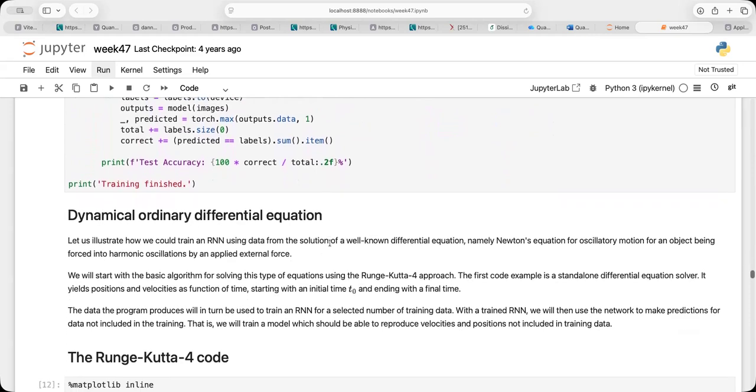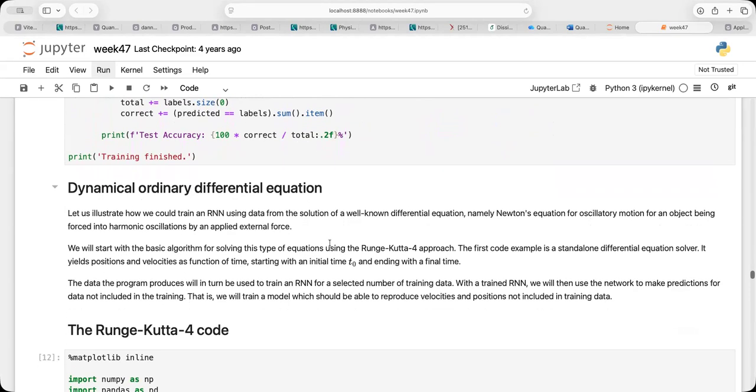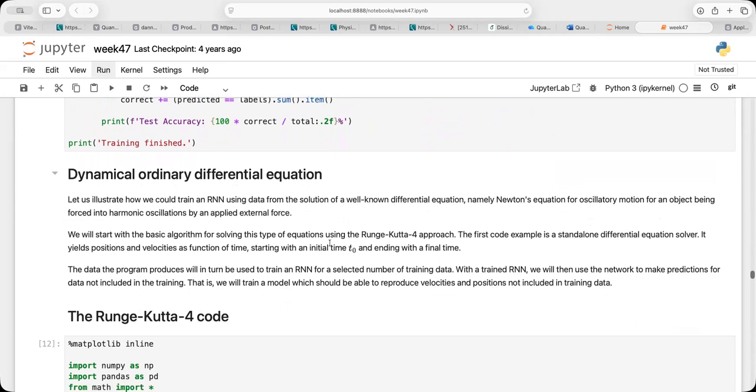What I wanted to spend some time on now is something which is closer to the kind of research which I'm doing and the things which I'm interested in. This is solving differential equations. Are you all familiar with the Runge-Kutta method? This could be an example of a problem which you could implement in project number 3.